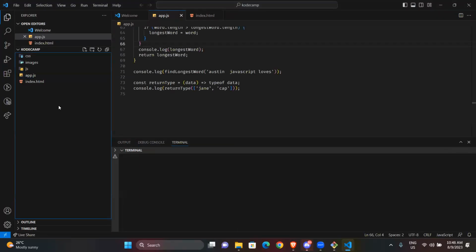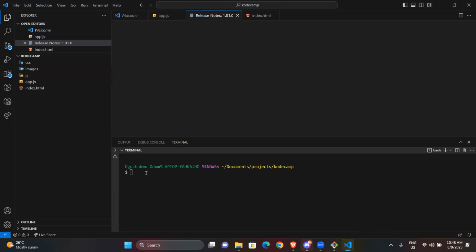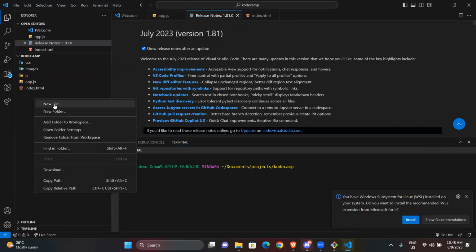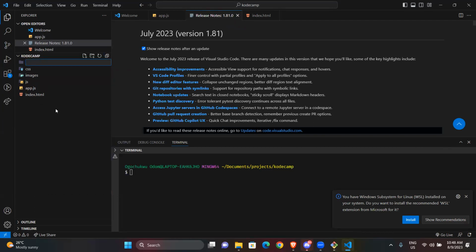Okay, so inside here, we're just going to play with the whole npm init. So there are a couple of commands. This just updated on its own accord. I'm just going to create a folder inside here. Let's call it npm class.